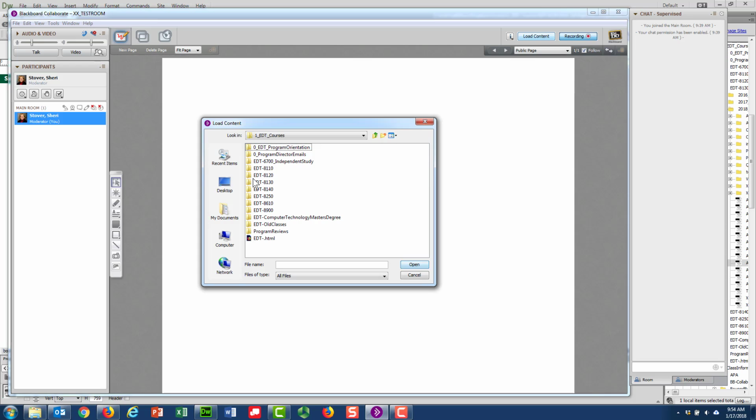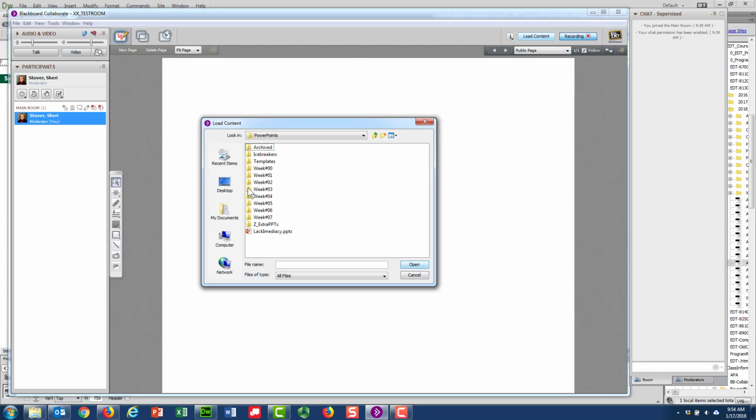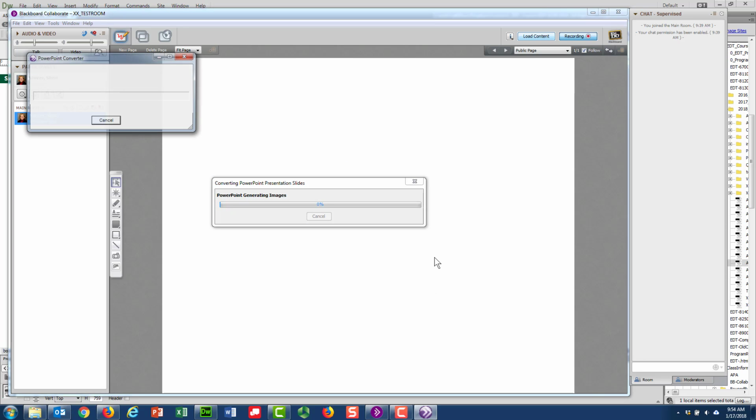And I will use the PowerPoint slides that I used last week. I keep them under PowerPoints for week number 3. And I chunk up my PowerPoints into different PowerPoints. A lot of people just have one big PowerPoint file. Either way is fine. So I'm going to go ahead and upload the template for week 3, and that uploads